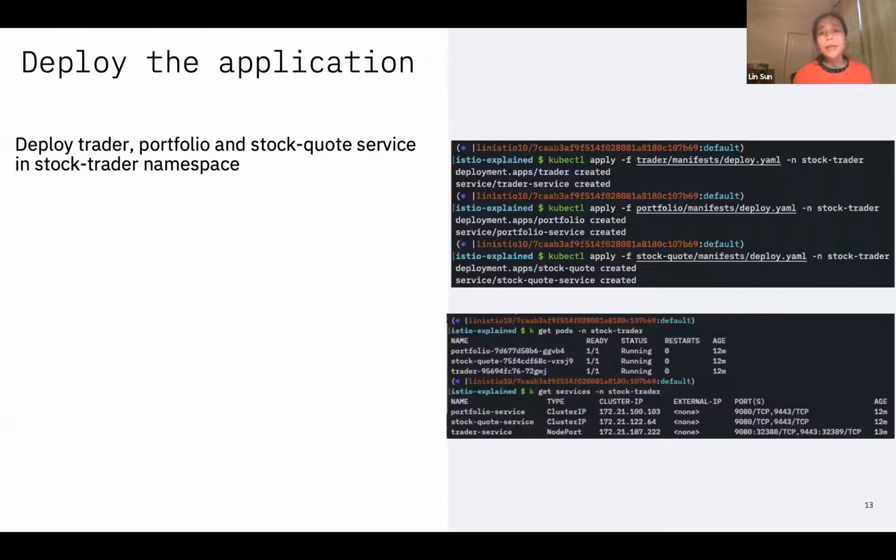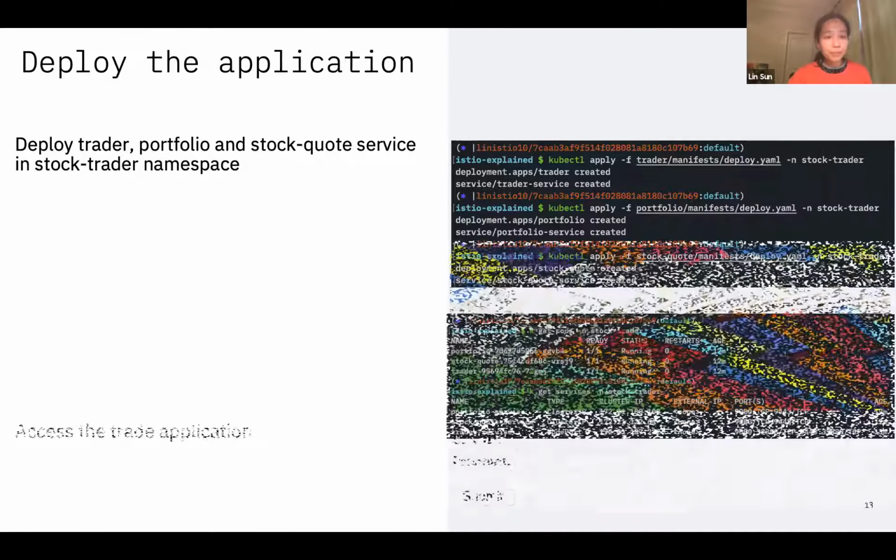So this is just plain Kubernetes. You can see at the end you've got the pods running, you've got the services running, and notice here the pods say 1/1. That means it's running just the container for each service without any of the sidecars.